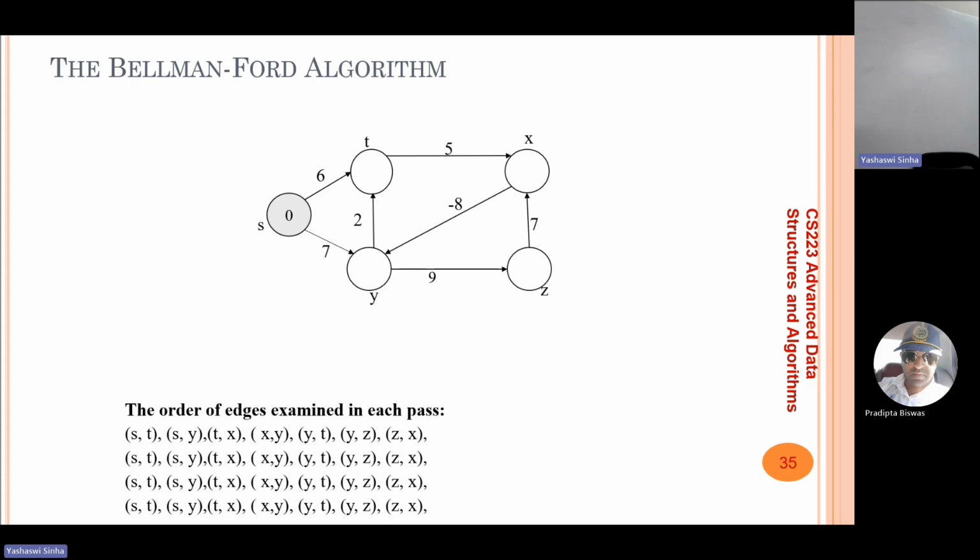Again, the final time we'll check. S to T won't get relaxed. S to Y won't get relaxed. T to X. T plus 5, 8. Yeah, this will get relaxed. X to Y will get 0. Y to T, 2. Y to Z, 0 plus 9, 9. And Z to X. It won't get relaxed. So our Bellman-Ford algorithm says that this should be the shortest path if there is no